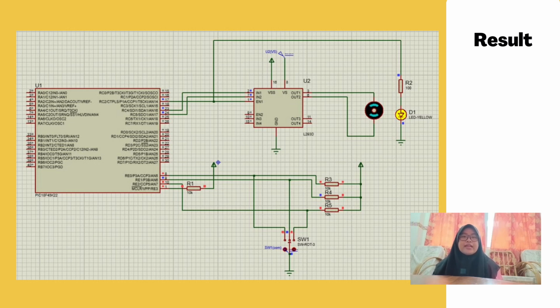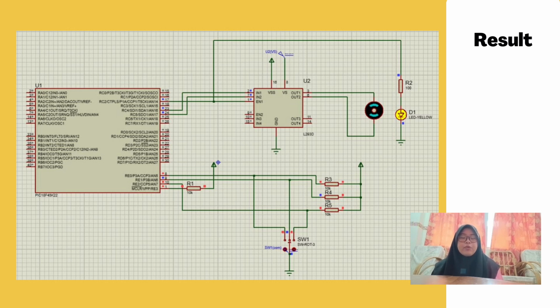When the rotary switch is in the low position, the microcontroller reads this position and sends a control signal to the motor driver to activate the DC motor at a low speed. The motor runs at a gentle speed suitable for a low power application, and the LED emits a dim light for visual indication. When the rotary switch is in the high position, the microcontroller detects this mode and commands the motor driver to increase the speed of the DC motor to a higher level. The motor operates at a faster speed suitable for a high power task, and the LED shines brightly to